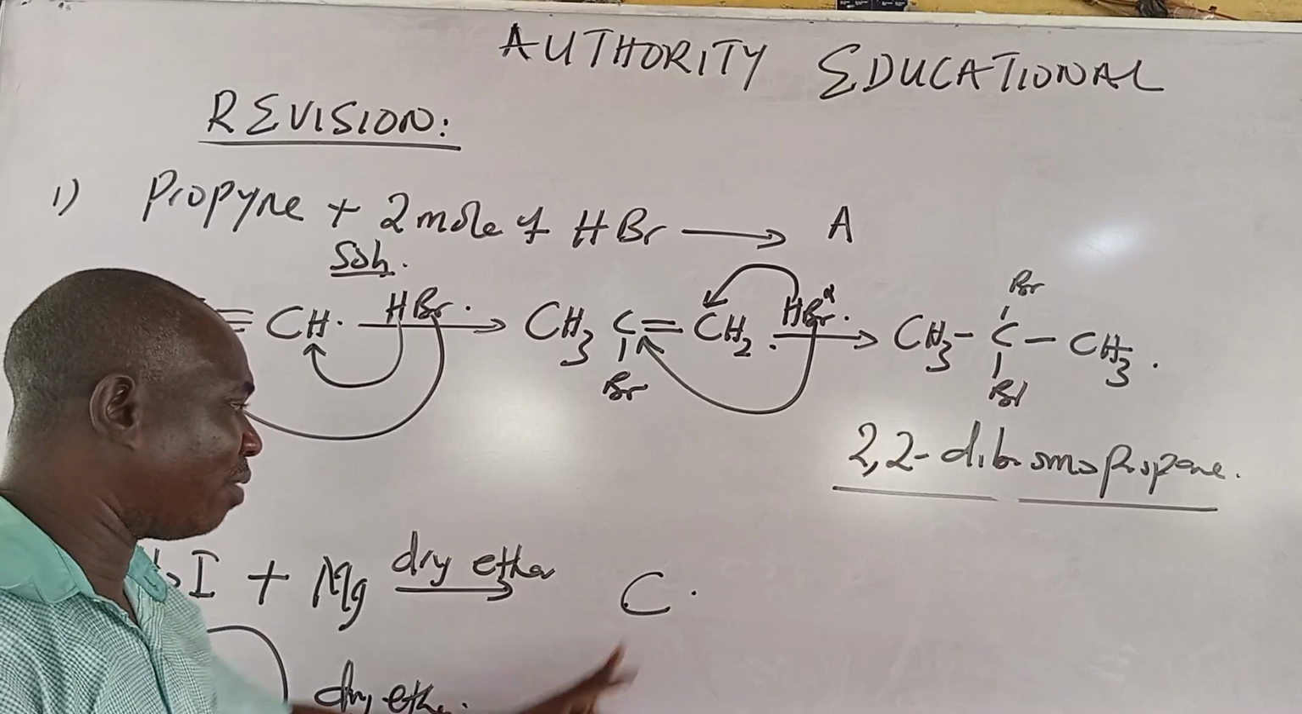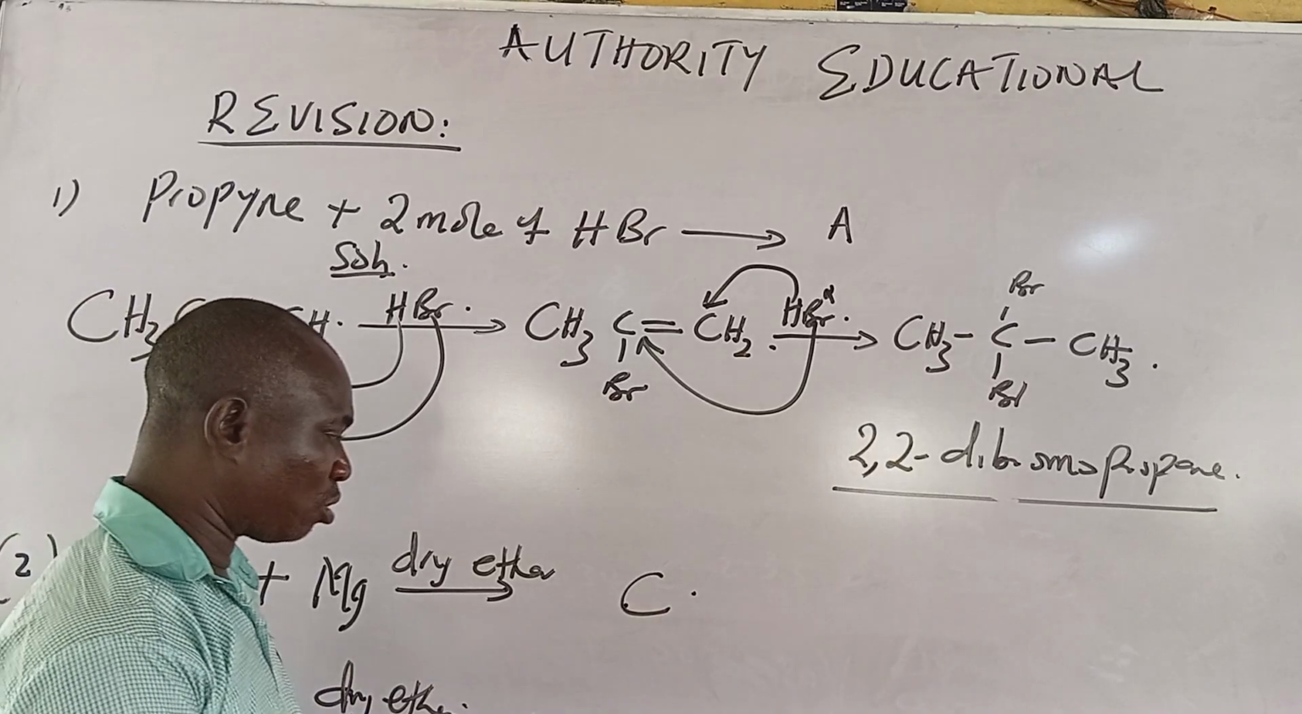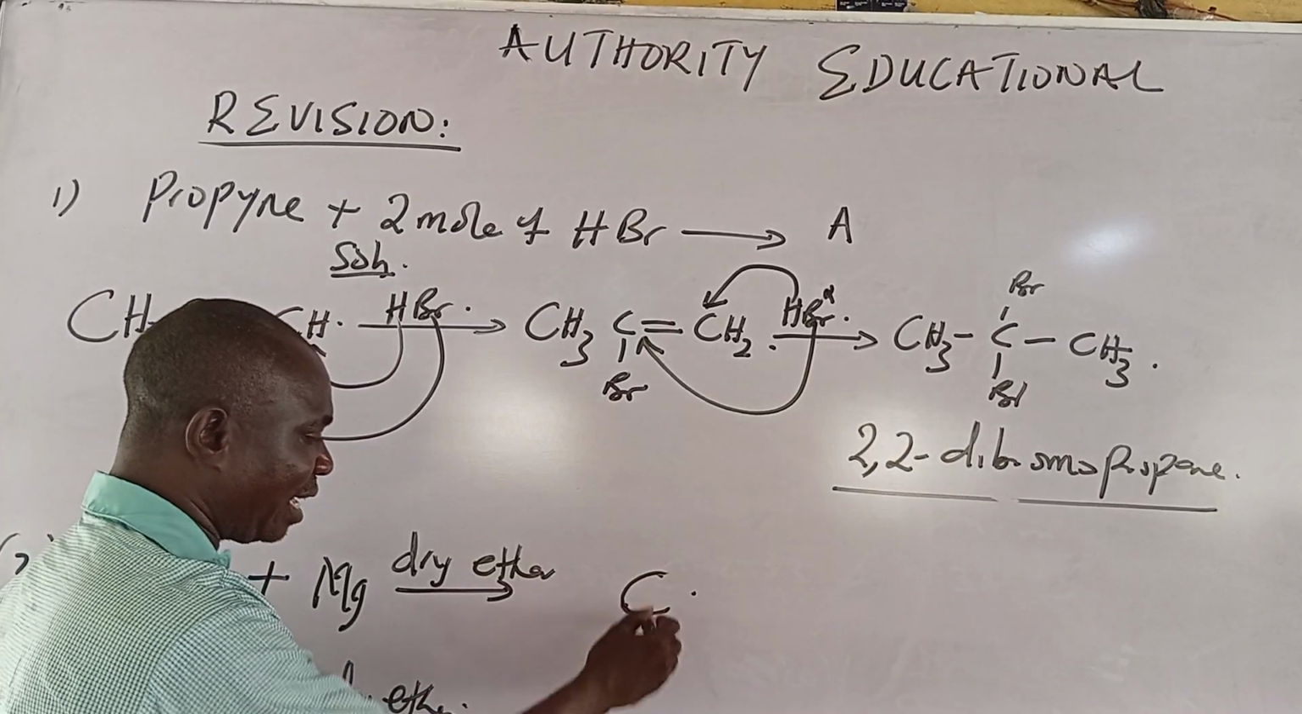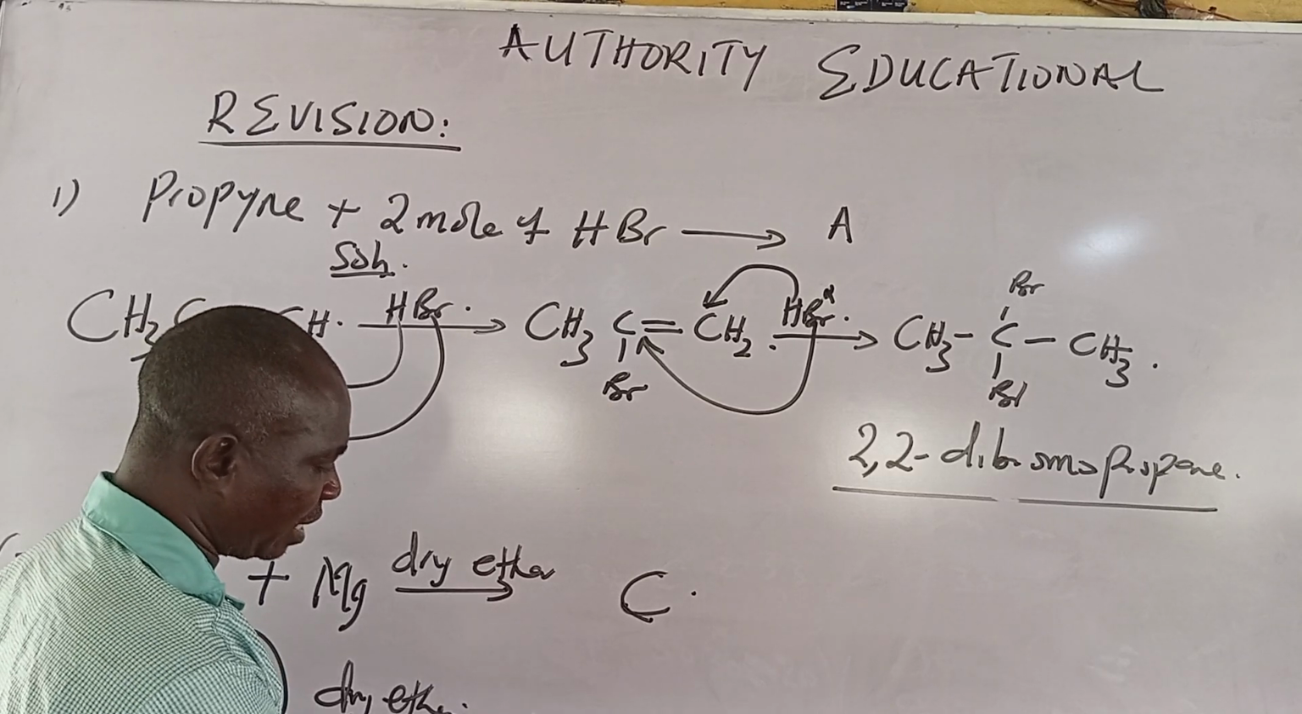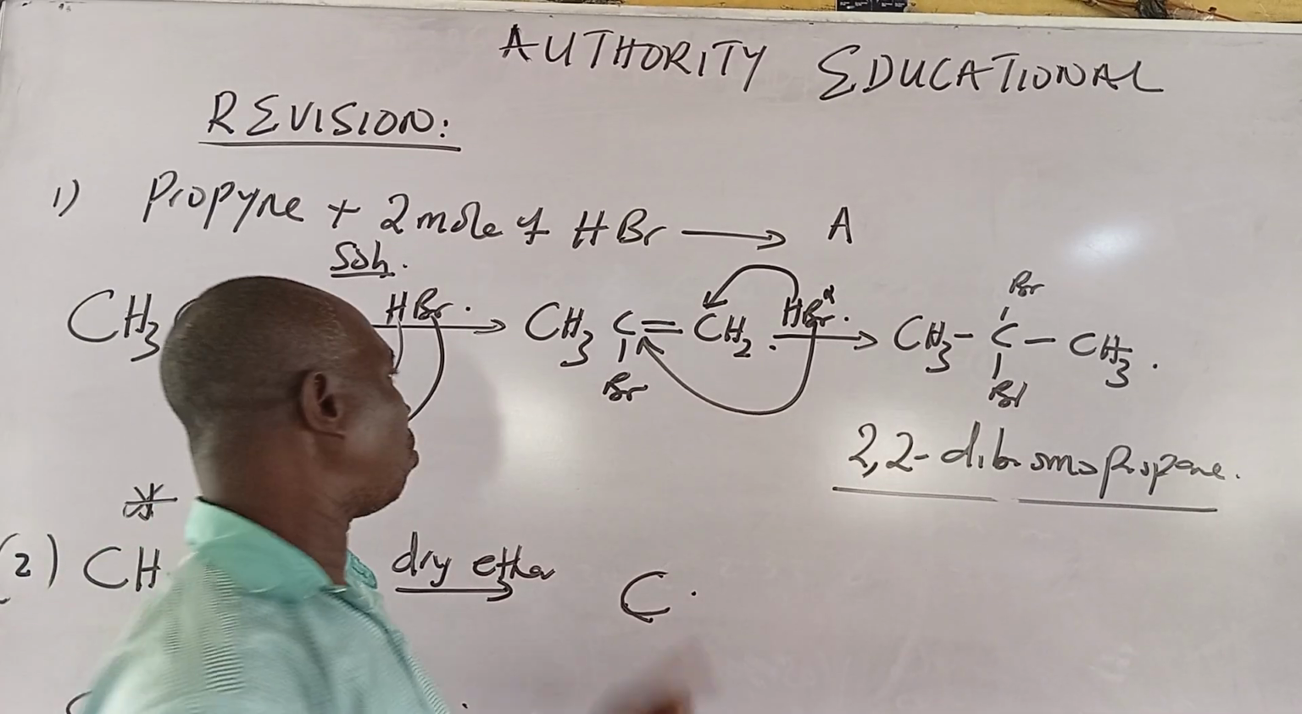So the right answer now is C from the options. Take the options. So C here represents Grignard reagent. Thank you very much. What for the next